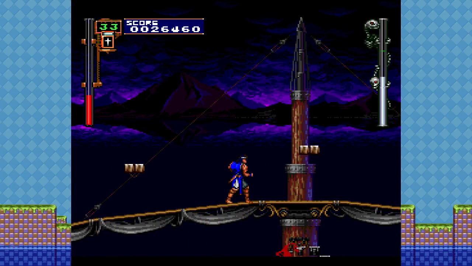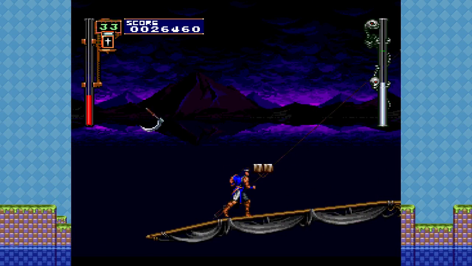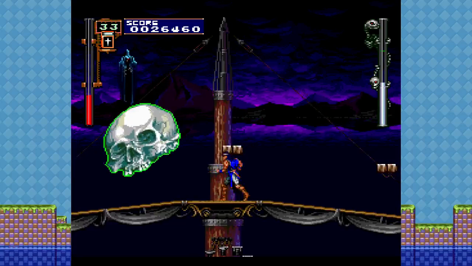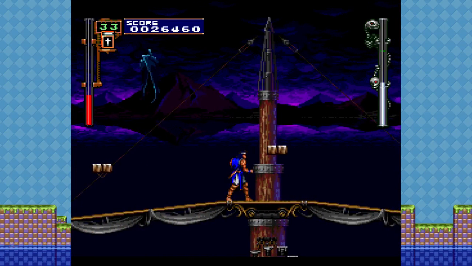Juggling him on the bottom of the screen like this is safe, but it's really slow. You don't want to be in that position. Here, you just have to react and dodge. There is no safe spot. He can hit you anywhere. Afterwards,